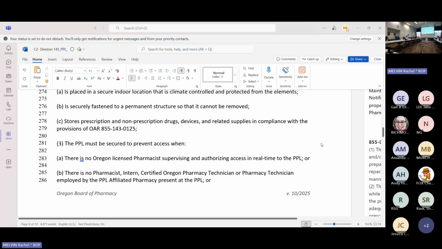For 3A and B, I'm actually concerned that this means the prescription locker is not accessible unless the pharmacy outlet is open, and that really diminishes the ability for patients to use these lockers. I think the intent of these lockers is, hey, the pharmacy is closed, but they can still get them. So I would definitely want to make sure that is very clear: if the building that it's in is accessible 24 hours a day, the locker is also accessible regardless of a pharmacist being able to